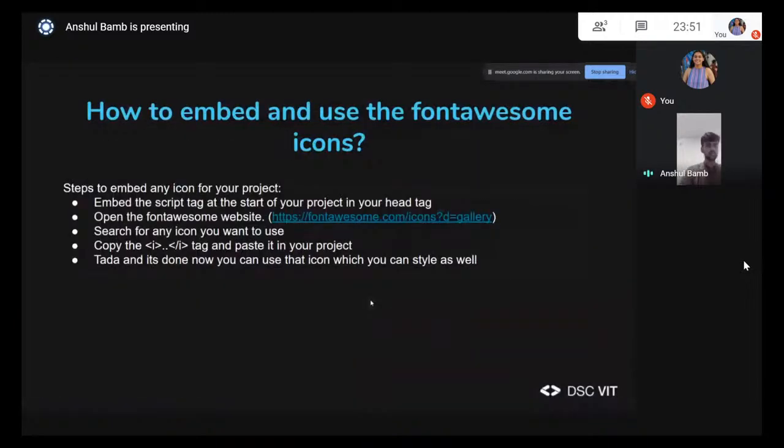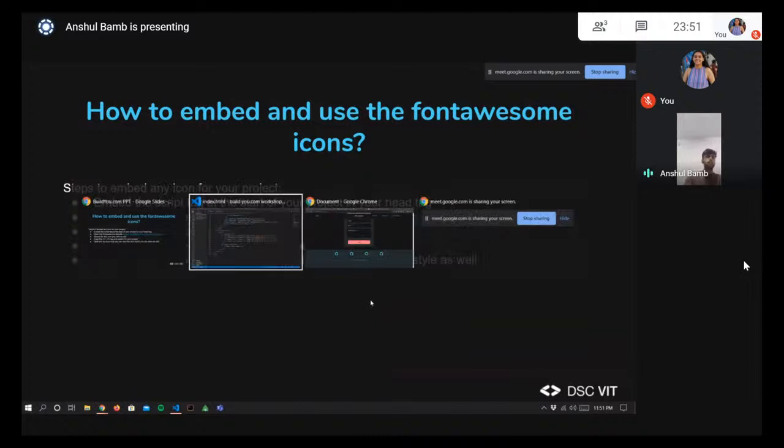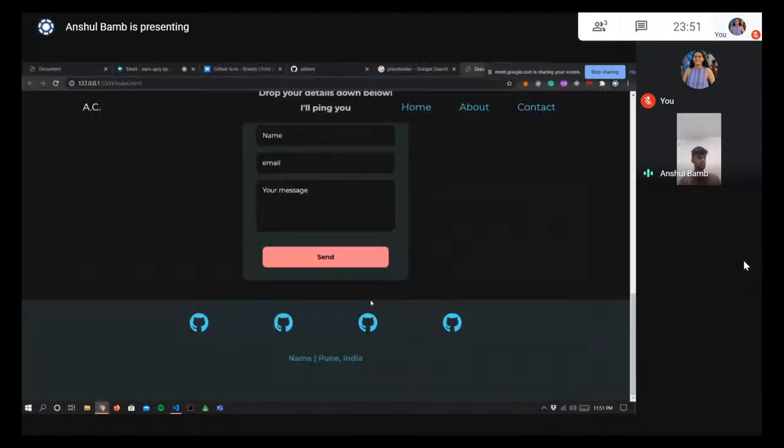Now we have come to our final section where we are going to learn about Git, GitHub, what are developer tools, how to host this website, right? So now that we have completed this website, let's learn about